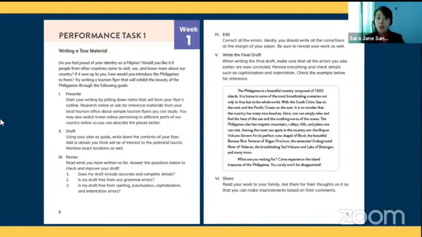Now, ngayong meron ka ng final draft, and then lastly, it says their share. Aside from sharing it with your family, mas magiging interactive ngayon kung gagawa tayo ng animated version ng paragraph na to using mBlock. Okay? So, yun yung parang nagpapa-level up ng mga activities natin ngayon. Since online rin naman tayo at may mga gadgets yung mga bata, may mga internet, so why not? Why not use this opportunity for them to learn new things, to learn new skills? Okay? So this is one good example wherein we can integrate our mBlock dito sa Learn at Home Kit na performance task that we have.